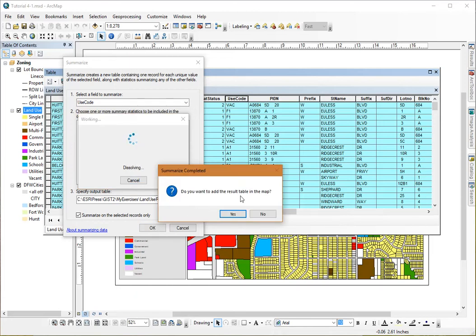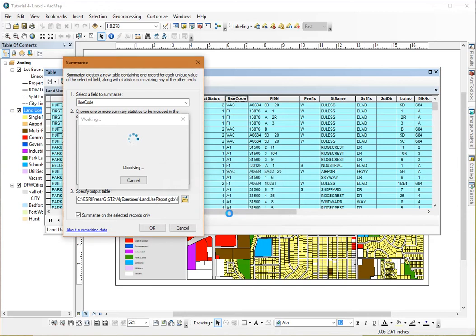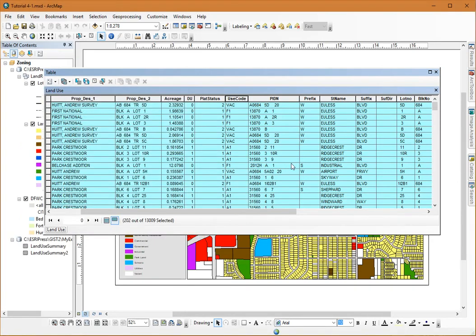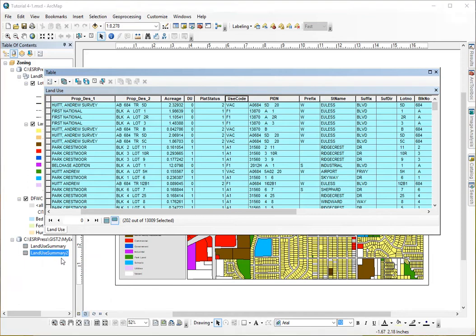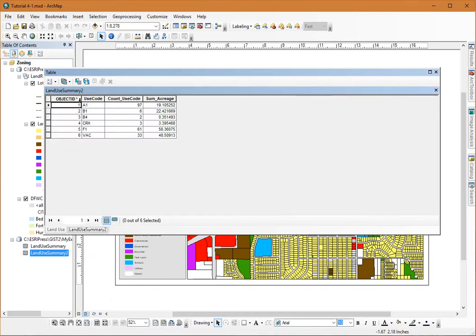It asks me if I want to add the table to the map, and I'll say yes. And now I can see it listed over in my table of contents, land use summary. I'll right click on that and say open,